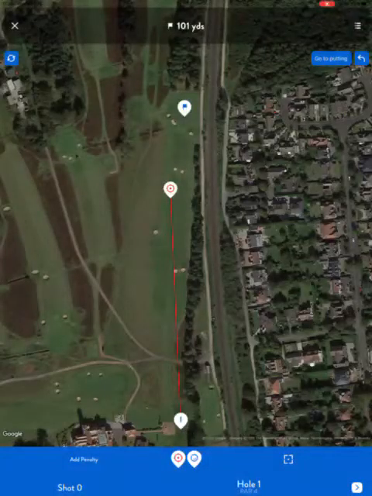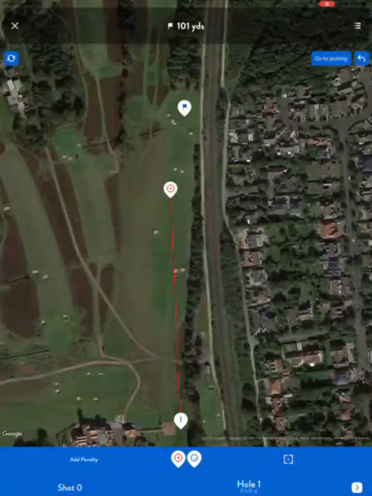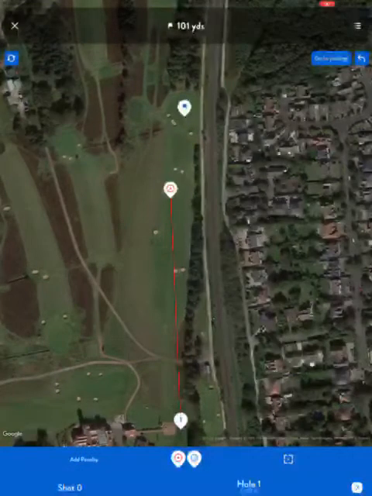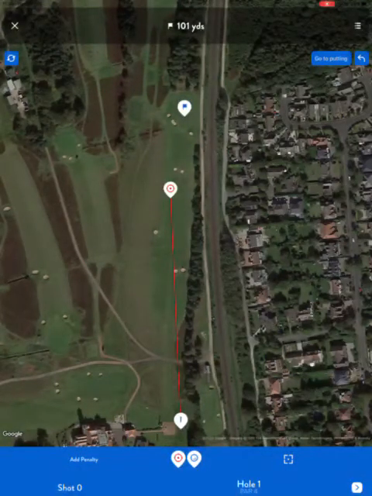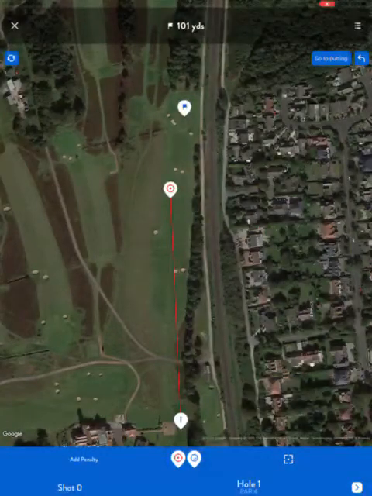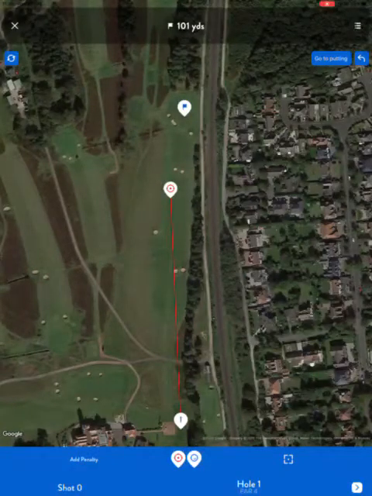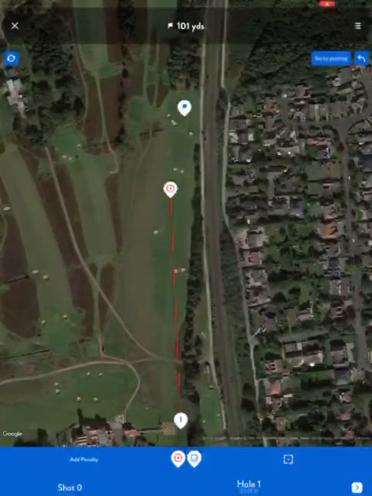For example, up the right of this hole is out of bounds with the railway, so our target line might be a little bit more left of centre of the fairway. We then measure the accuracy of the drive right or left of this line. The benefit of this is the line is a fixed point that is constant whatever golf course or whatever hole we play. As we all know, golf has different widths of fairways on every hole,